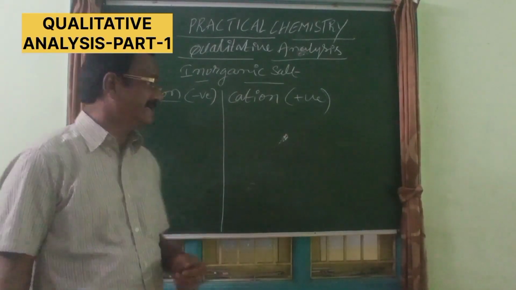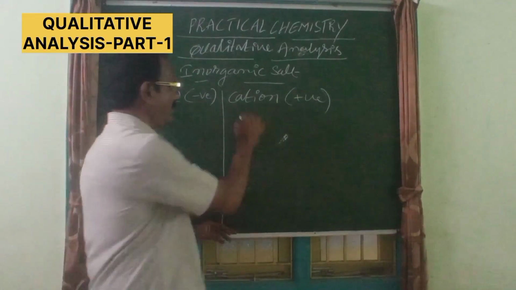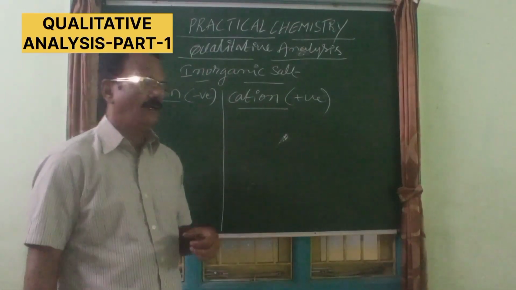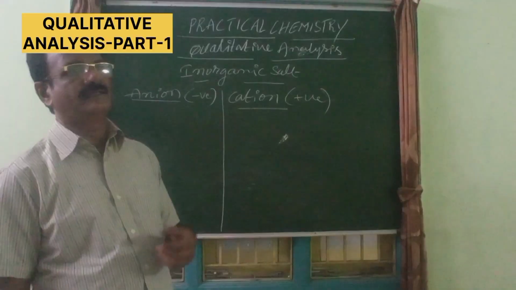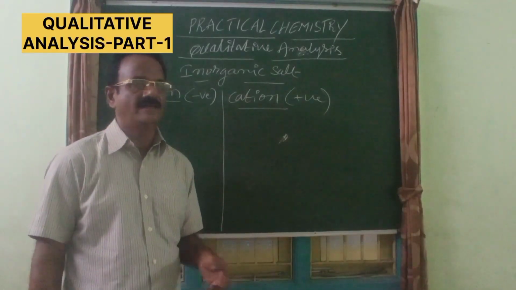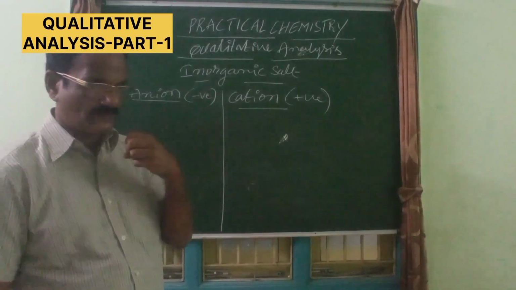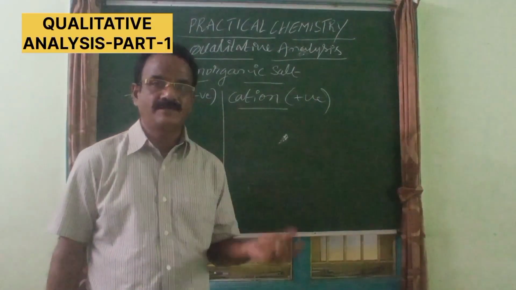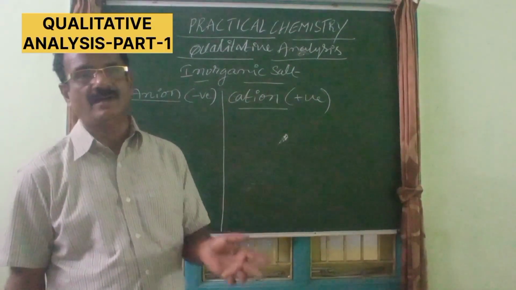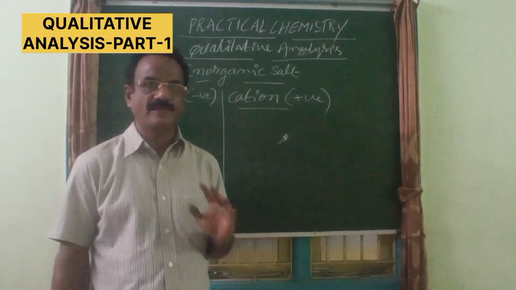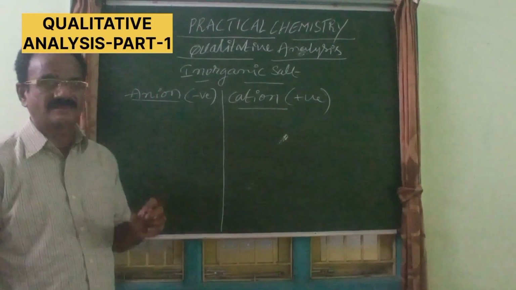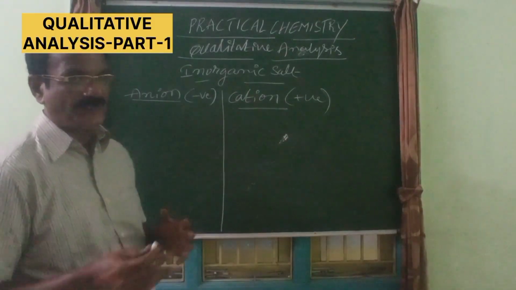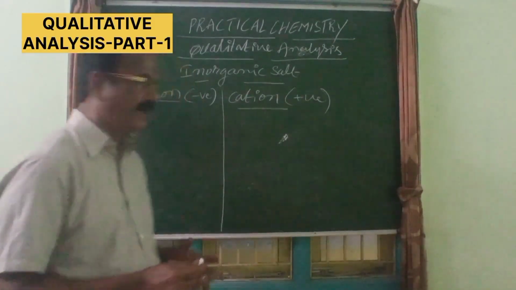So let us see, according to the systematic procedure, how many anions and how many cations are there to be analyzed by a student of intermediate or class 12 or UG courses. See here, the familiar anions to be analyzed in the laboratory are